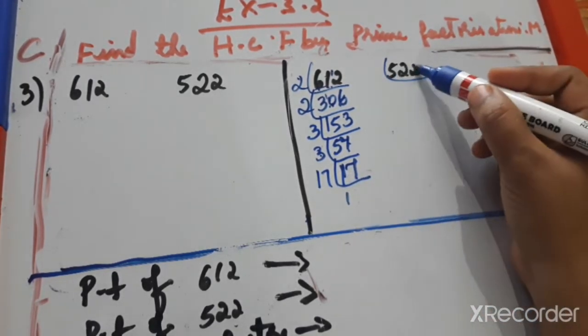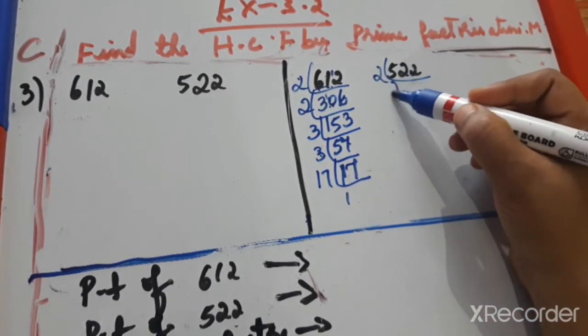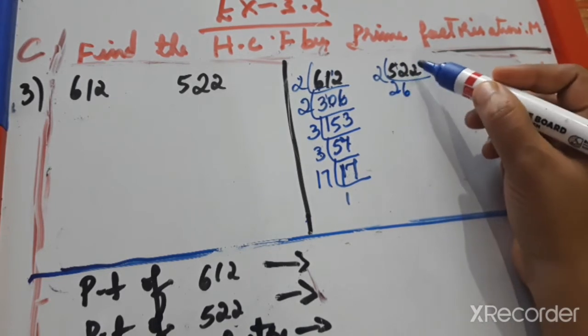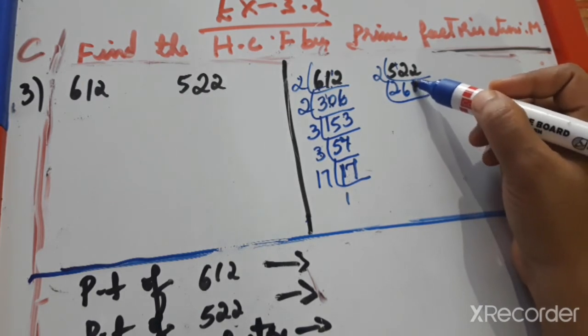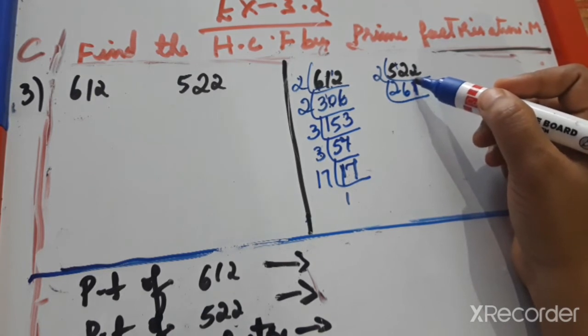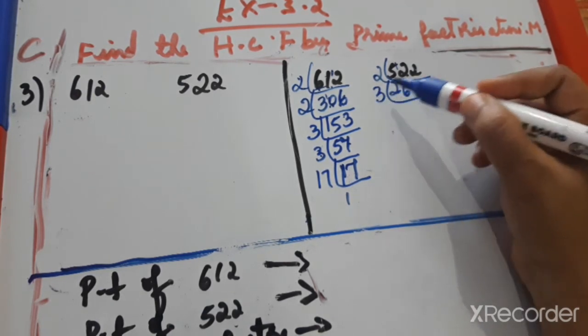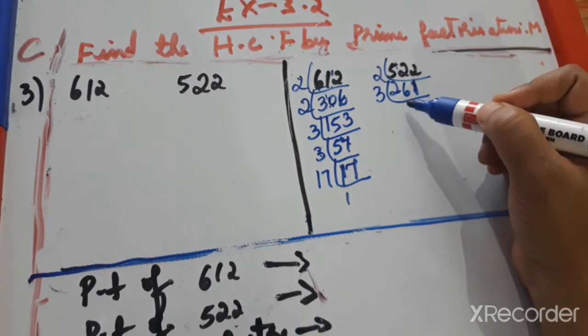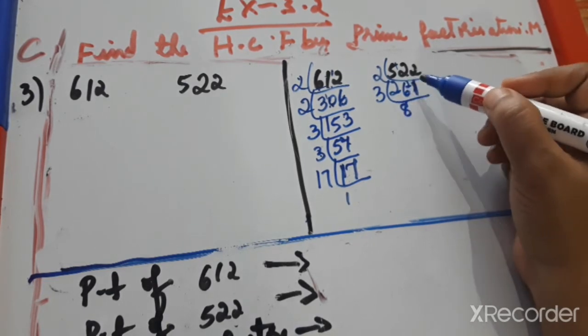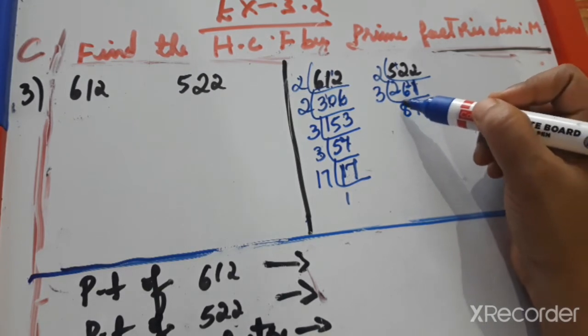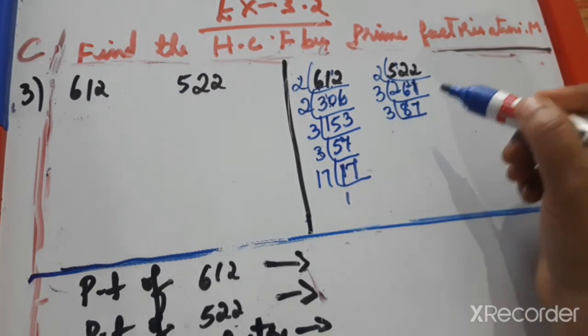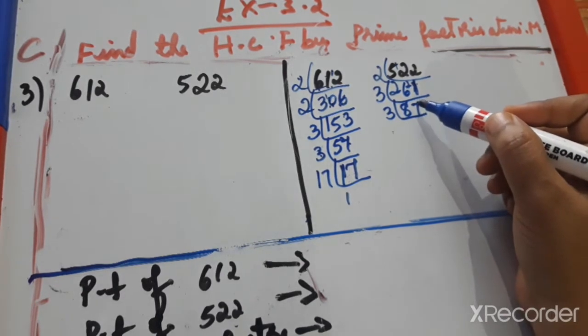Then 522. The last number is 2, so we can try with 2. 2 2s are 4, 1 carry. 2 6s are 12. 2 ones are 2. The last number is 1, so we can try with 3 because 3 sevens are 21. In the ones place we get 21 in the 3 ones tables, so try with the 3 ones tables. 3 8s are 24, 24 means 2 remainder. So 21 means 3 sevens are 21. Again we can try with 3 and check because the last number is 7. 7 means 3 9s are 27.